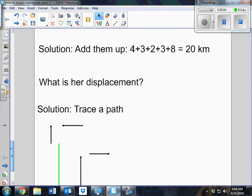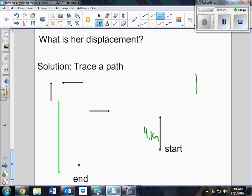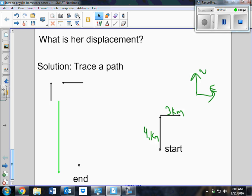Now, if you said, hey, what is her displacement? That's a little different. The best thing to do is to trace a path, because we have to figure out where she started and where she ended. So her first step was she walked 4 kilometers north. Now here I'm not writing the direction because the arrow in this case represents the direction, as long as I said up is north and to the right is east. So she walked 4 kilometers north, and then she walked 3 kilometers east, and then she walked 2 kilometers north again,